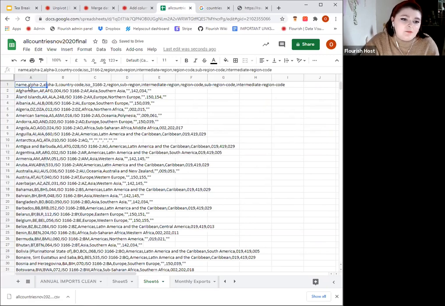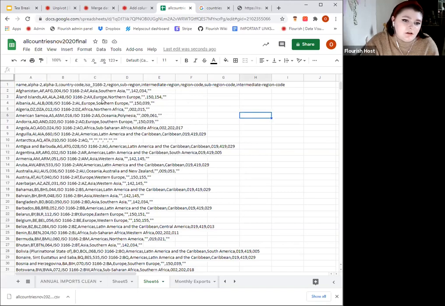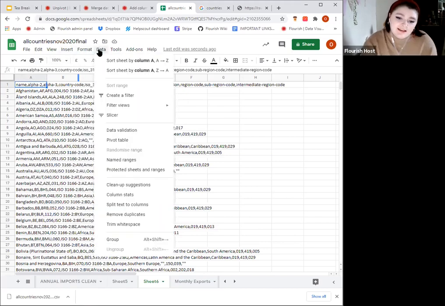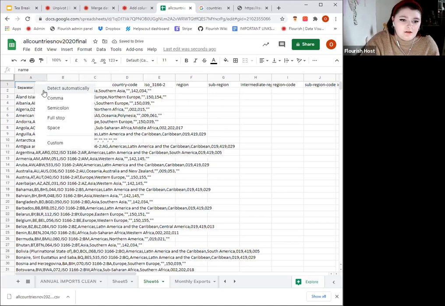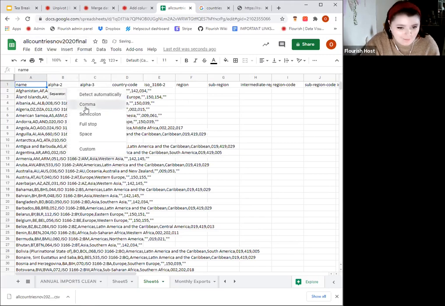There we go. So I just pasted this as values only, just because I don't want it to be included here with the format it was originally in. And you are going to go to data in Google Sheets. I believe in Excel it's just text to columns, but yeah. And you're going to go split text to columns, and then I usually have to just move it once and then go back to text automatically. I usually do, and it usually works. It literally just worked. Okay, that's what would happen anyway.